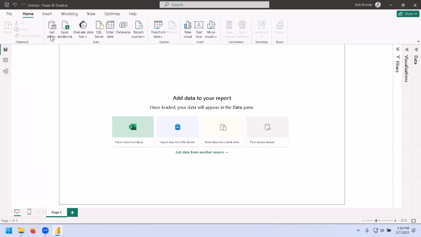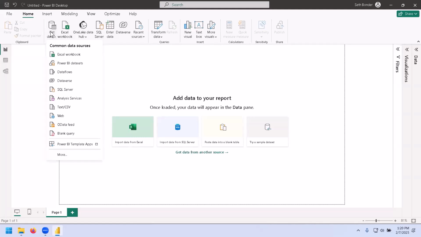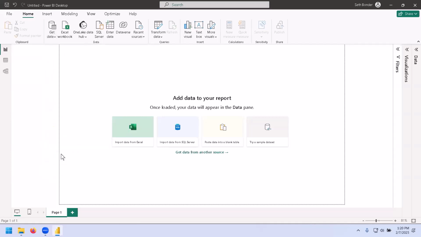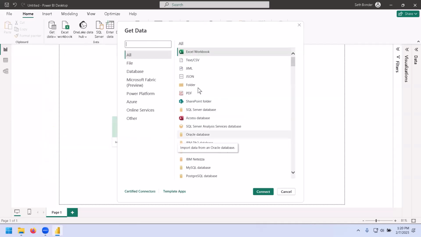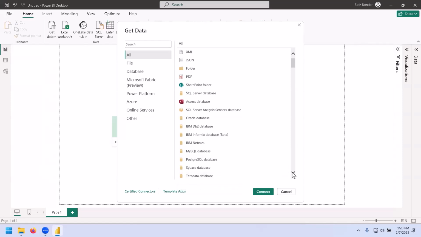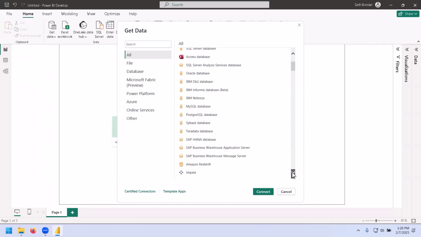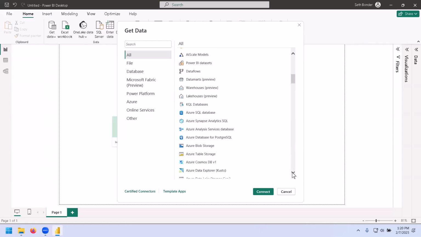One of the points that you want to be aware of if you're going to work with Power BI, and it's a very positive thing, is that if you go to the Get Data dropdown here and you click on More down at the bottom of this menu, you actually get a list of all the different kinds of data source that you can pull in when you're working in Power BI. And it shouldn't surprise us that the list is tremendous, because you want to remember that